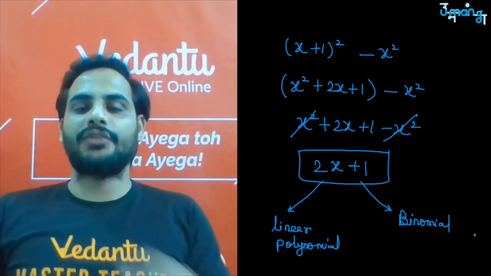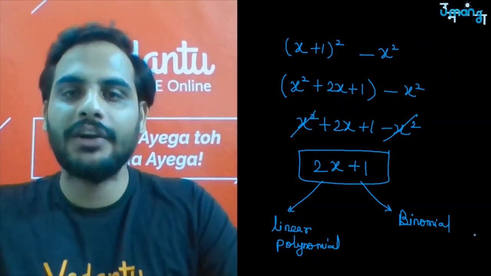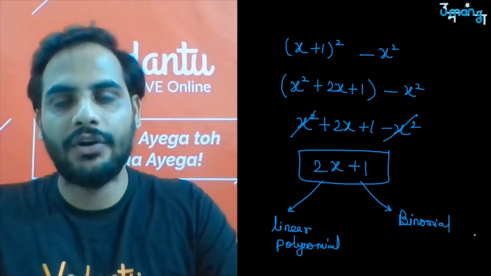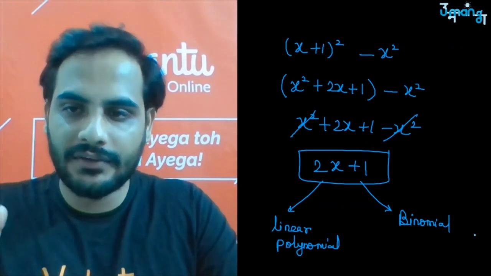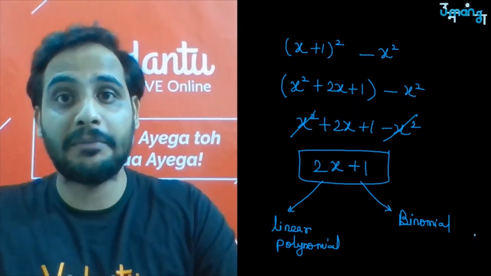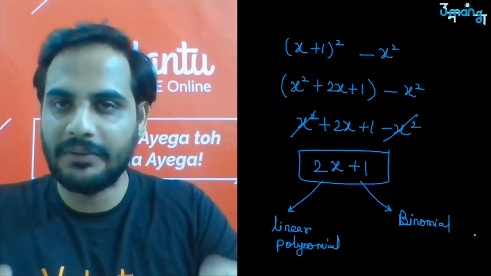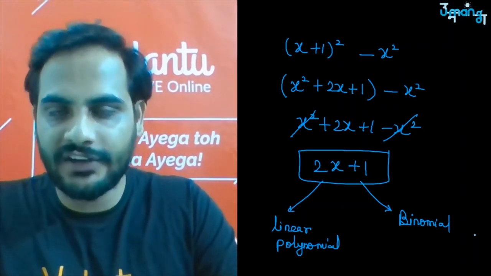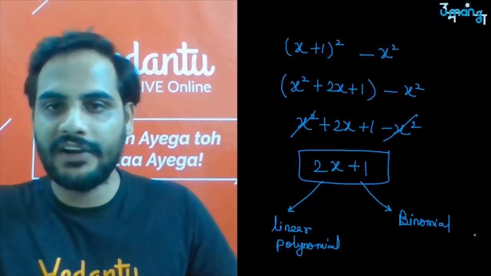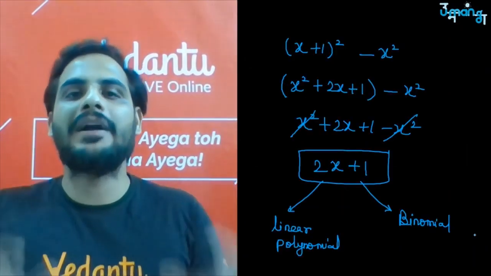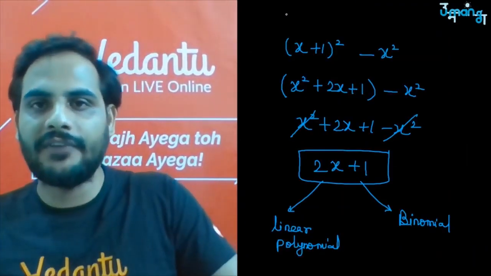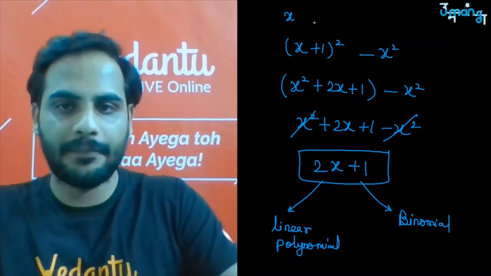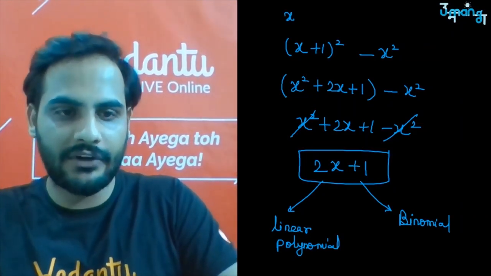Got it? So whenever you are calculating the degree or the number of terms, always remember this is the difference here. First, simplify that part. Then there is one more small thing which is called coefficient. What is coefficient? Coefficient is any number you are multiplying with the variable. Suppose I am multiplying x square with 2.